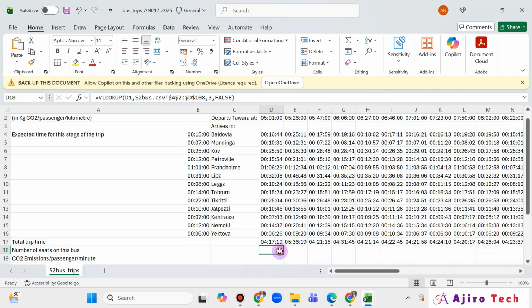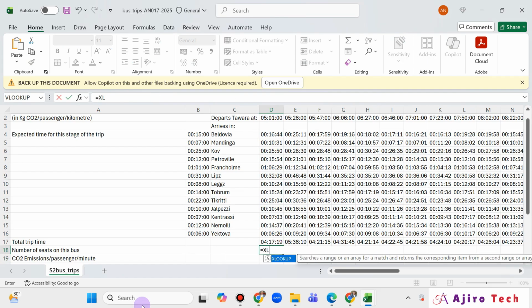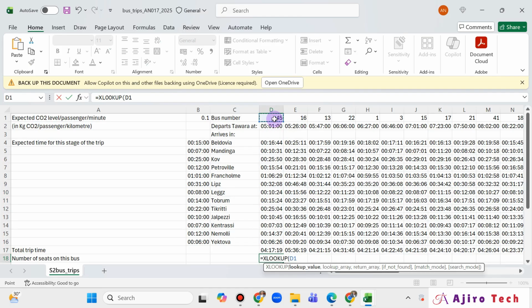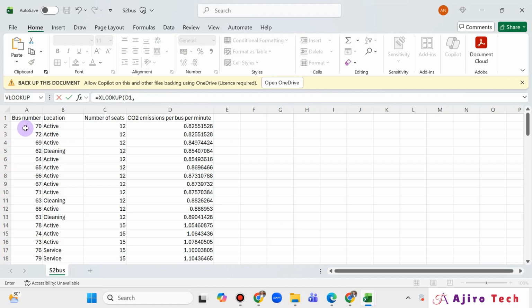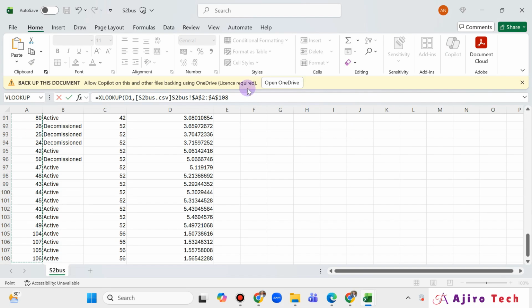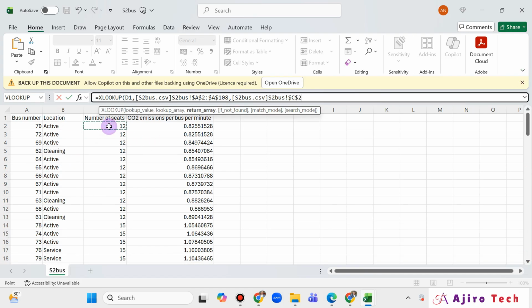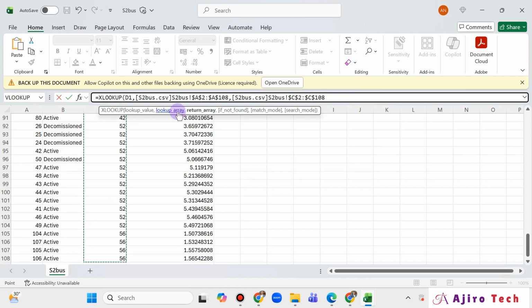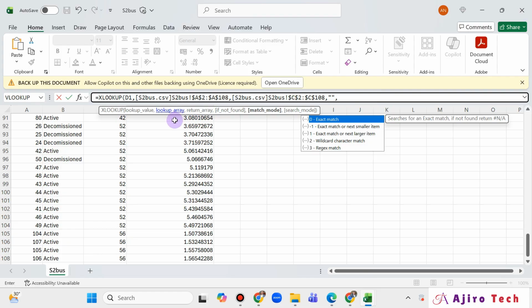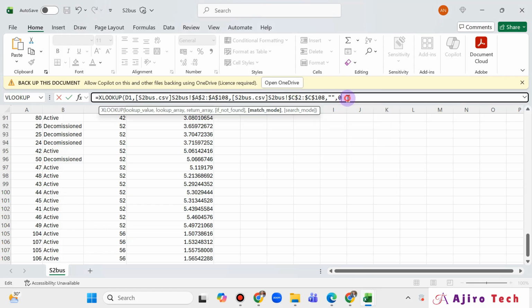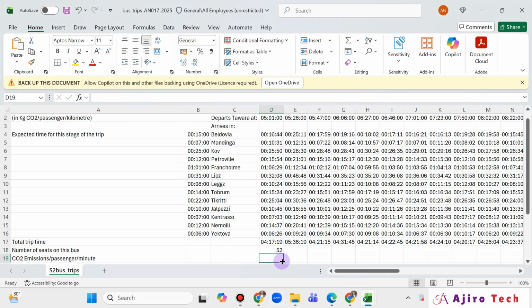Now, if I were to use the XLOOKUP, it's going to be equals XLOOKUP. What's the lookup value? The bus number, comma. What's the lookup array? Come here. Lookup array is going to be this. Shift Control arrow down, comma. Then what are we returning? We are returning what? The seat number. Shift Control arrow down. So this is what we are returning, comma. If not found, empty, and then exact match. Okay. And then we can